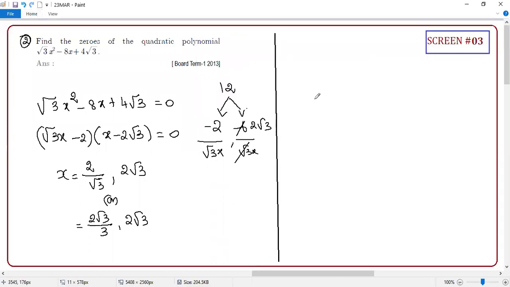Guys, now, Bharat, you tell me whether you want me to do the formula method or this is okay. "Sir, this is okay, sir. This is easy." Yes. But I want you guys to try the formula method also. Do it by yourself, the formula method. Okay. So let's go to the third question.